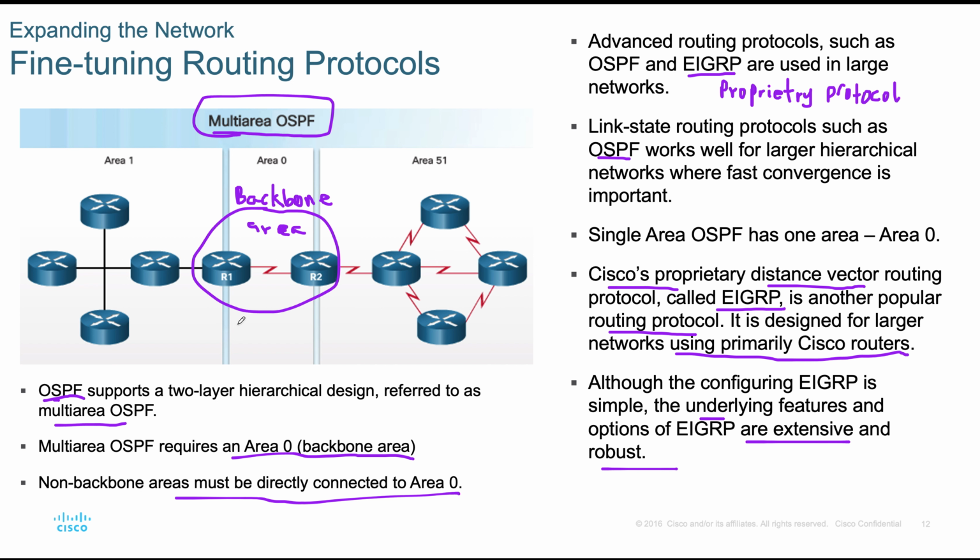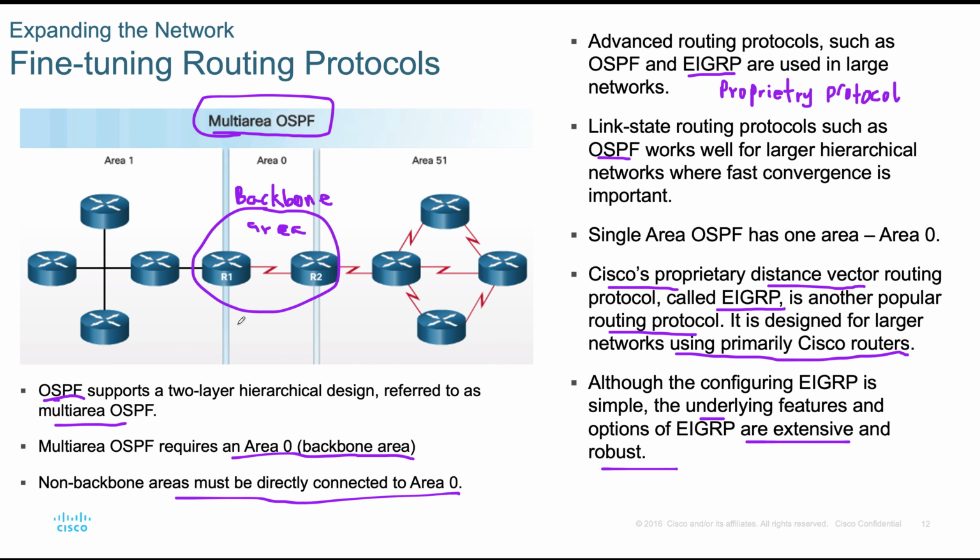But the Cisco proprietary routing protocol is the Enhanced Interior Gateway Routing Protocol. This one was developed by Cisco to route data packets within routers, switches, and our workstations. Is that okay? It's a distance vector protocol developed by Cisco for routing the data packets from the various areas on the